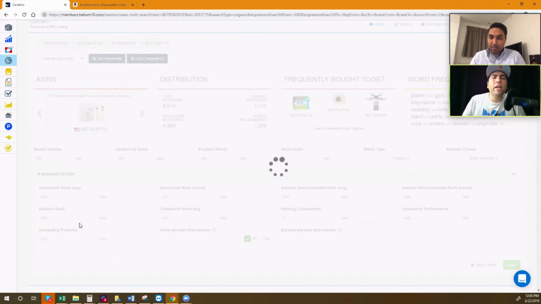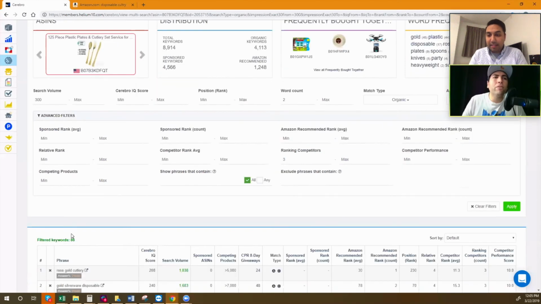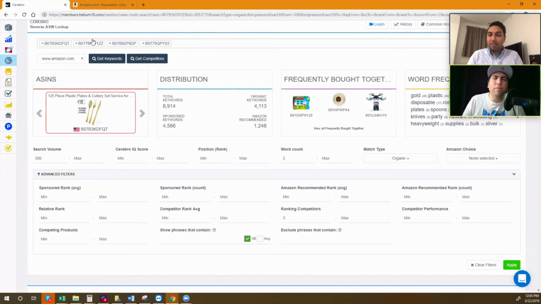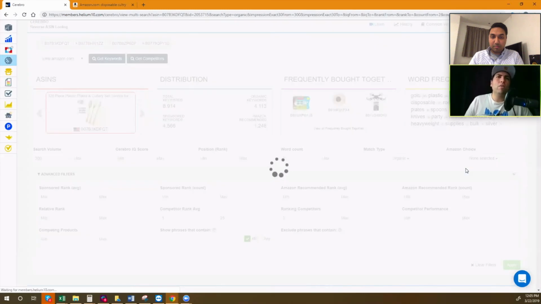And it went from 800. Let's see. That's probably going to take it down. Wow. Now we're down to 88. Wow. All right. So again, what if all 3 of them were ranking on page 10? Well, that might be good for a PPC, but right now, I just want to find the most relevant and the best chance for sales. So I'm going to say competitor rank average. That means if I take the rank where they show up organically, the average is, let's just say from like 1 to 25, meaning that they're all on page 1. So now let's see what we have here.